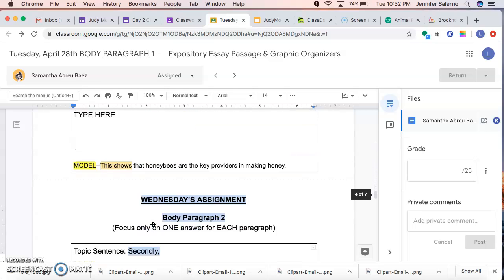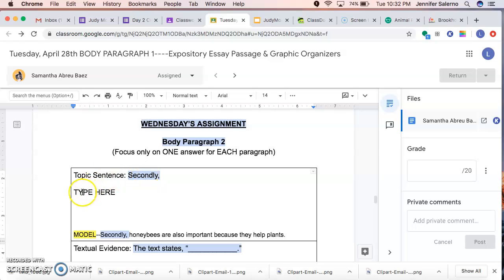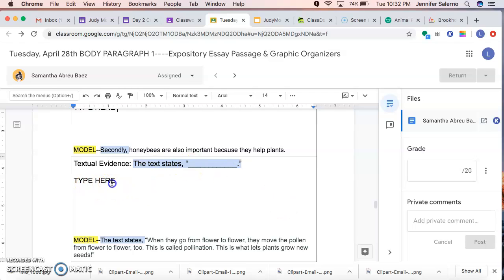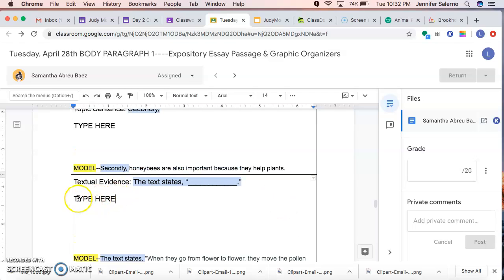So now I'm going to come back down here. Again, you're going to do secondly. You're going to restate and give me your answer. Secondly, rainforests are important to people by, you're going to fill it in. Then the text states, you're going to go where it says type here. You're going to delete that, write the text states. And again, remember, textual evidence, you are copying word for word. You are allowed to copy from the text, word for word. So you're choosing the best sentence that supports the answer you wrote here. So whatever answer you chose, you're choosing the evidence that supports it.